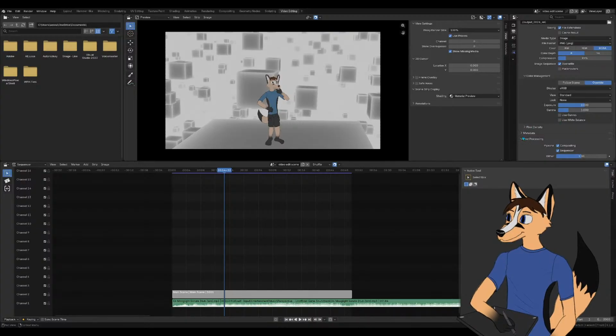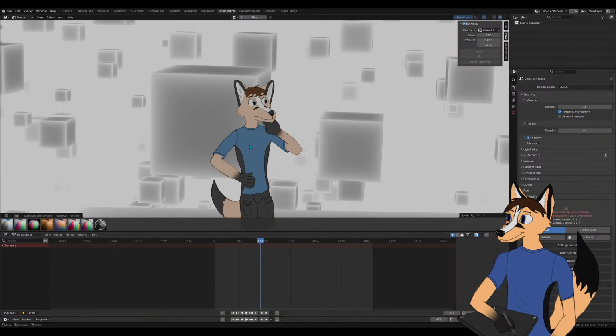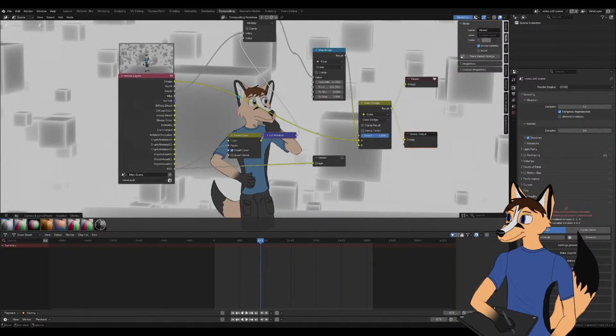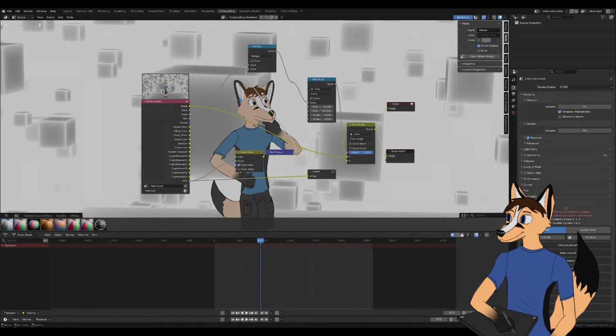But let me just go to compositing and see what's going on here. Compositing node tree. Maybe it's something in here that's messing with me. Because I apparently did some work in here at some point.